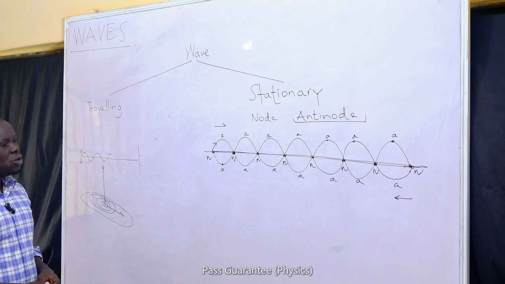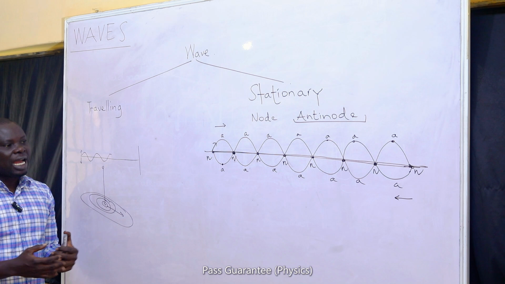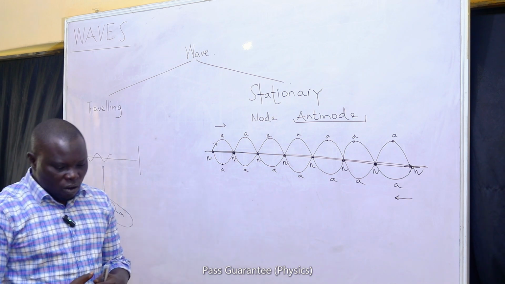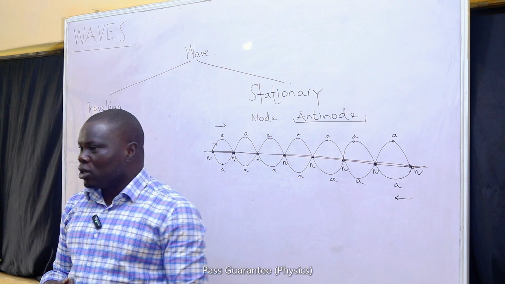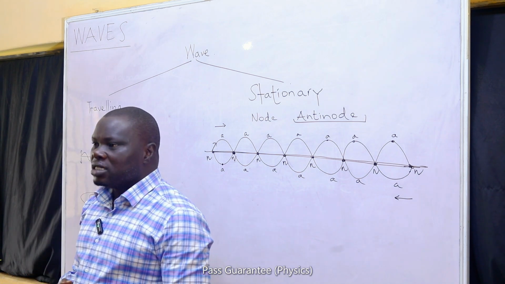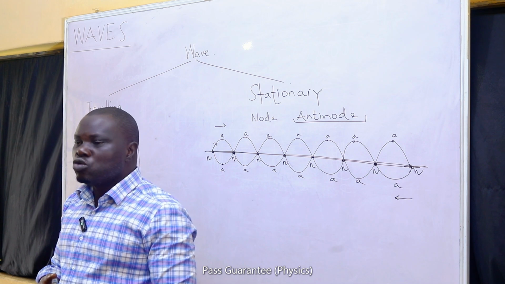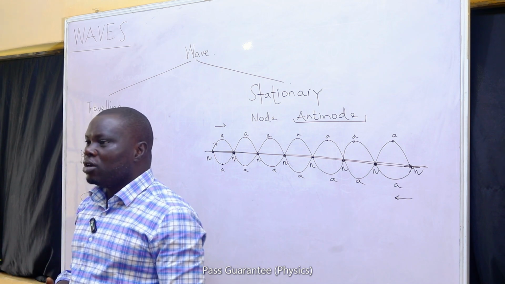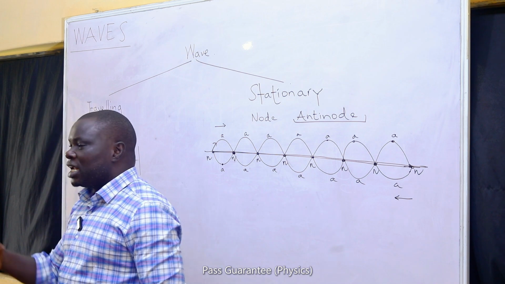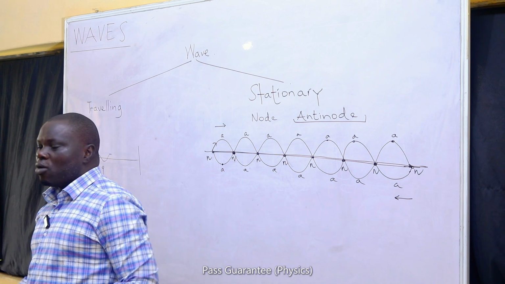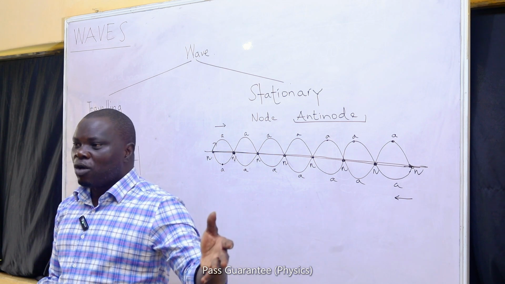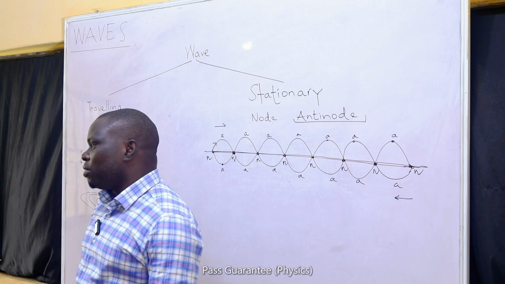of the medium. So these are the various types of waves that we can have. If you are asked to classify waves, usually the question will tell you the form in which they want you to classify it. If you are asked to classify waves by the requirement of a material medium, then we can have mechanical waves or electromagnetic waves. Mechanical waves are waves that require a material medium for their propagation, while electromagnetic waves do not require a material medium for their propagation.